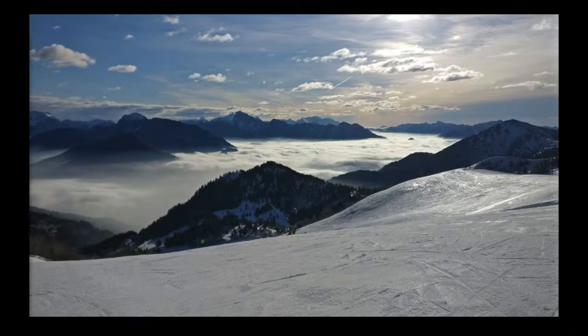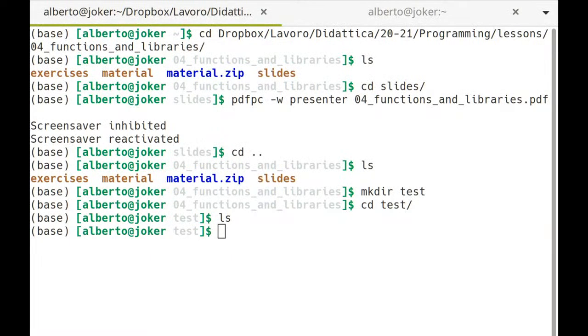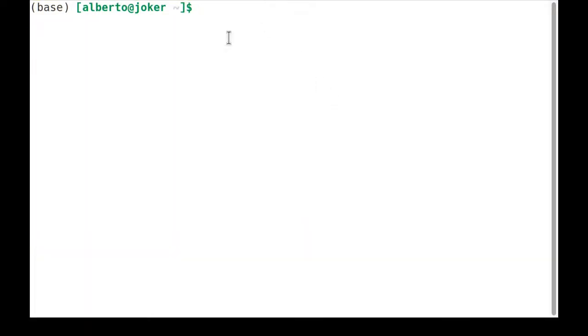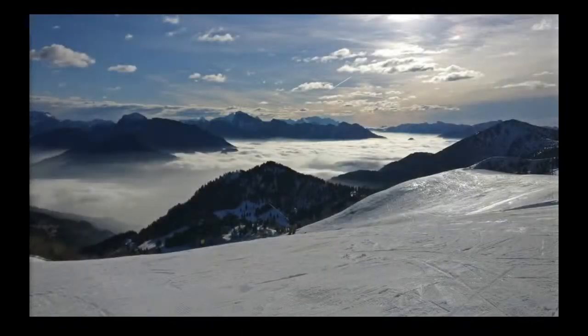Let's move to a terminal. Yeah, the terminal. Okay. Can you see it? Not really. So let me try to change. Okay, this is